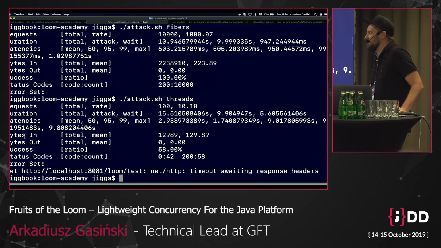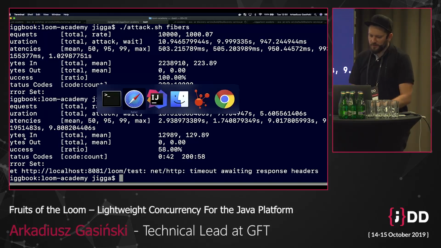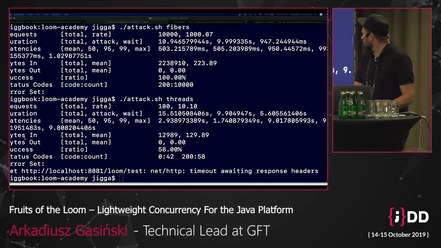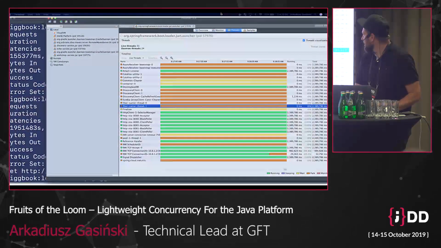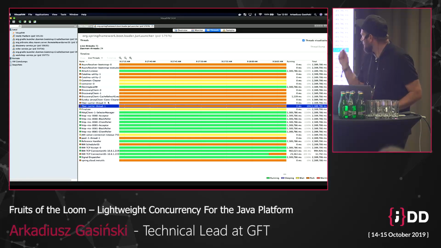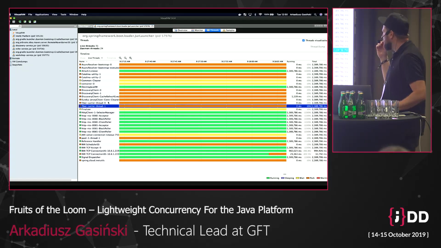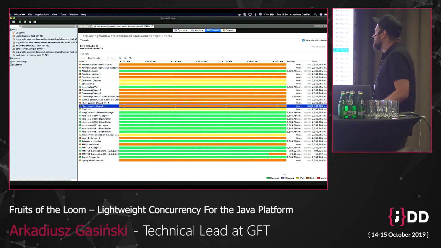What's happening there is basically our service or our fiber calls an upstream service and waits for its response. And if we were actually to see how this looks in VisualVM, well, this is from the old execution, but we would basically see that our fiber carrier thread is yellow all the time.